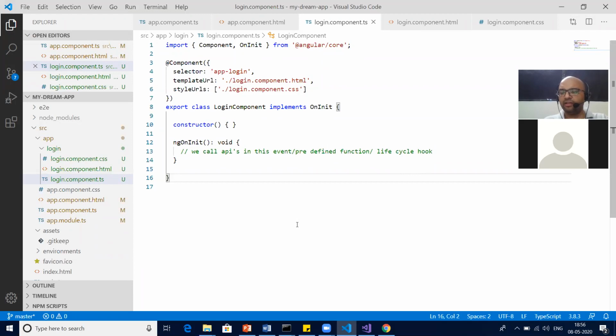Any specific reason why this newly created component, the login component, should be called in the app.component.html file? Any reason? So Mohit is saying because our browser executes the HTML file. Guys, do you agree with Mohit? Should it be called in app component HTML or should it get called in app.component.ts? Which file do you think it should get called in?